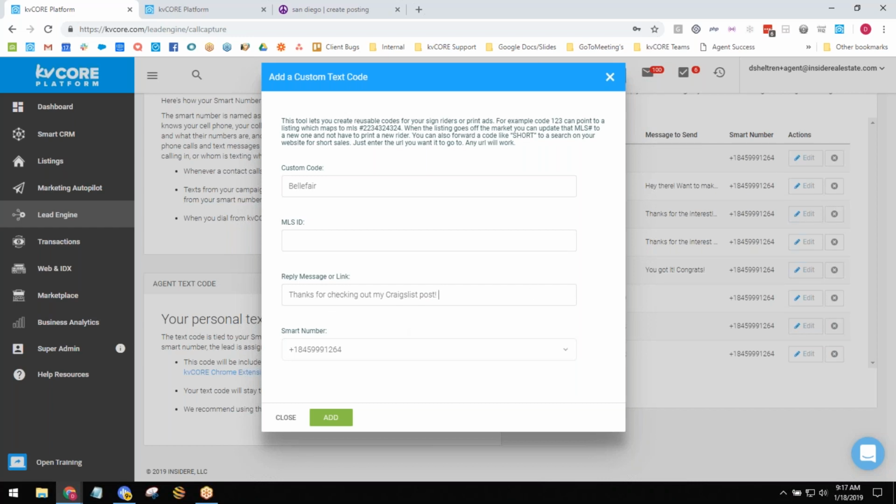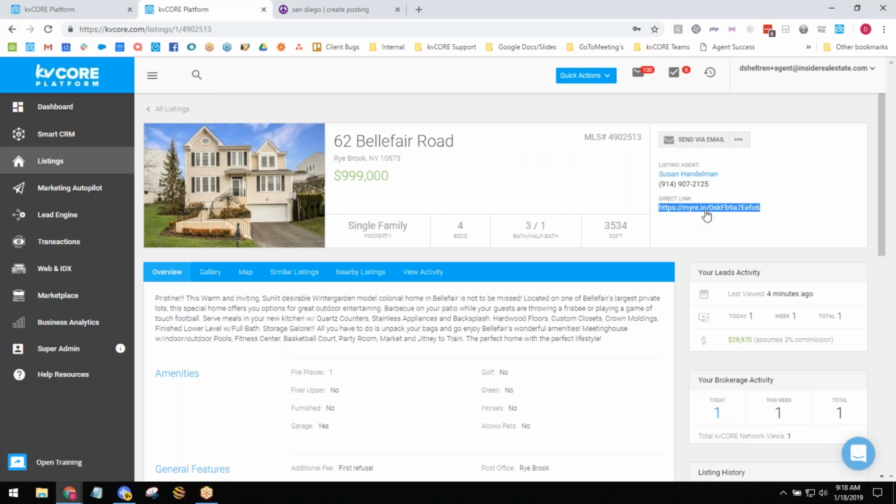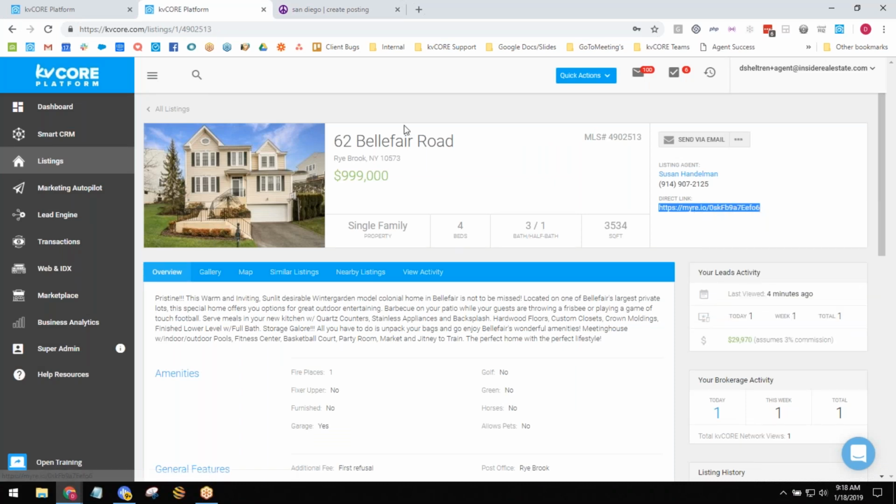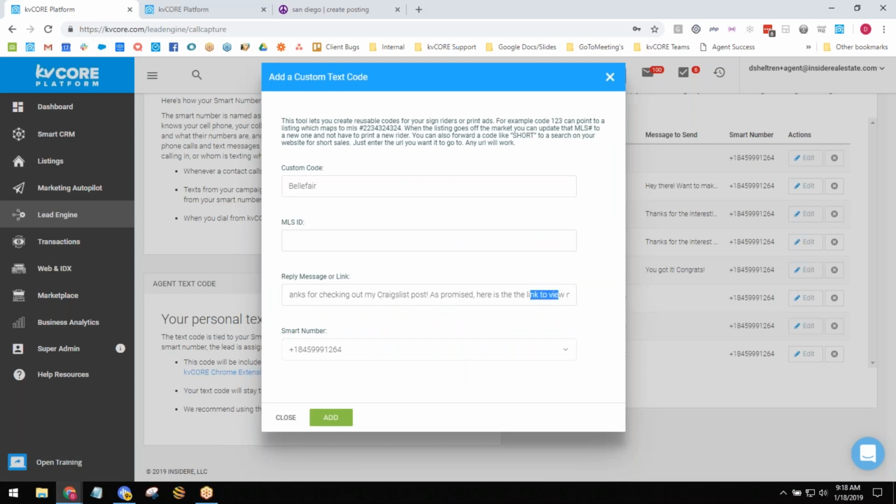Thanks for checking out my Craigslist post, as promised, here is a link to view more details. I think I copied that link, so let me go here and say copy the link address, and go back here to my text message and give that a paste.